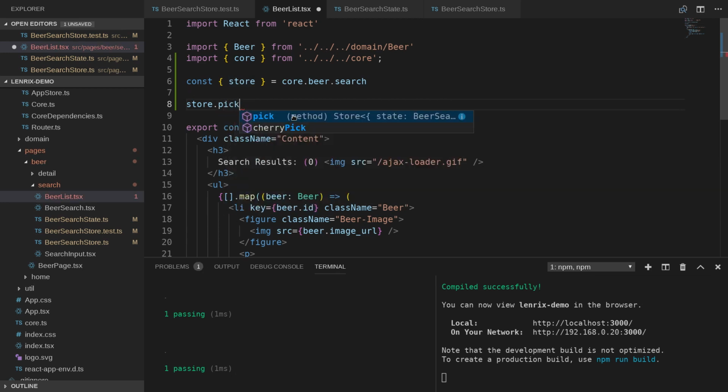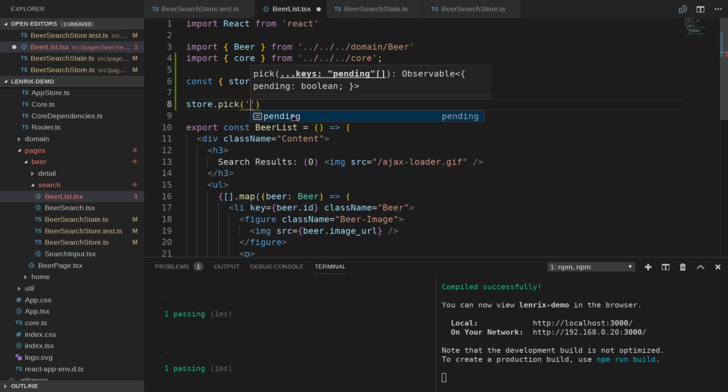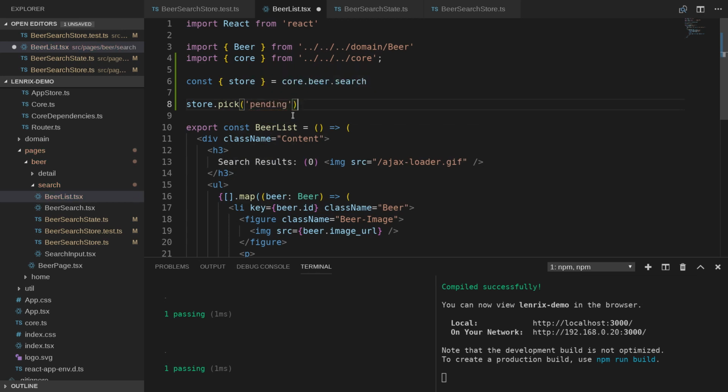Pick is great. It will allow you to pick just the properties you need from the store, so that later on, if you add a property to the store, it will not trigger additional re-renders that you didn't want to have. So now I have an observable of an object which has a property called pending, and I'm going to pipe it